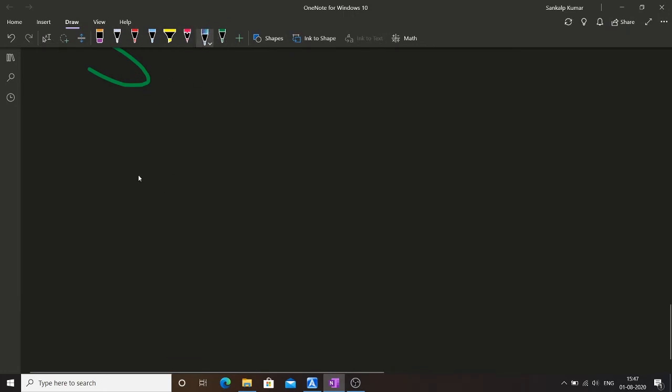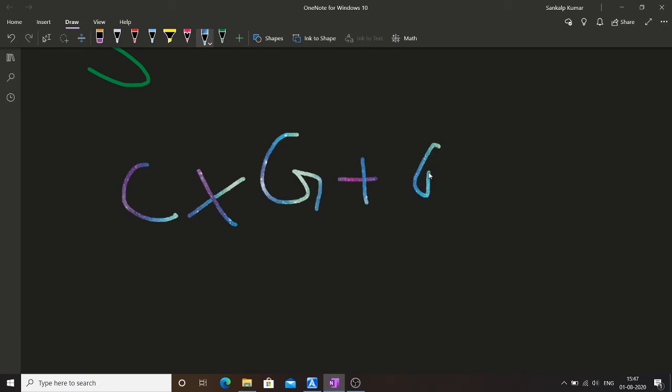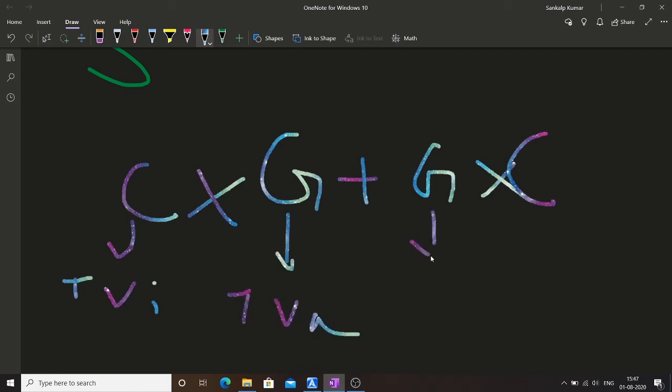The formula becomes C into G plus G into C. How does this come? This C is the total number of C in the virus, and this is the total number of G in the vaccine. This is the total number of G in the virus, and this is the total number of C in the vaccine.